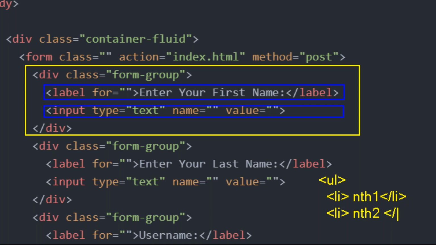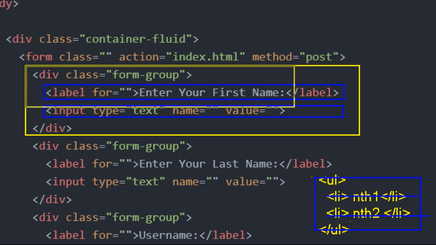LI closed, like this. After all, we have taken the closing UL. In this case, UL is the parent. For this parent, LI is one child, and again one more LI, one more child, like this, guys.